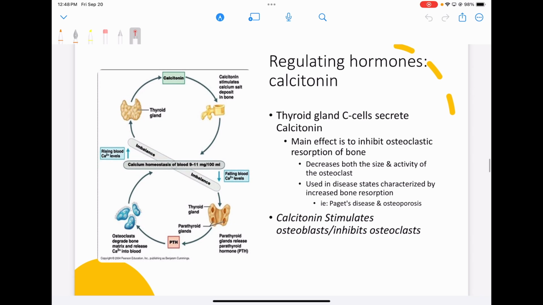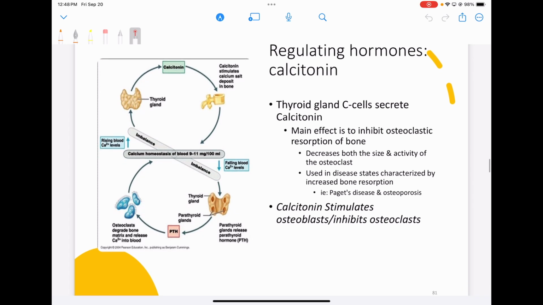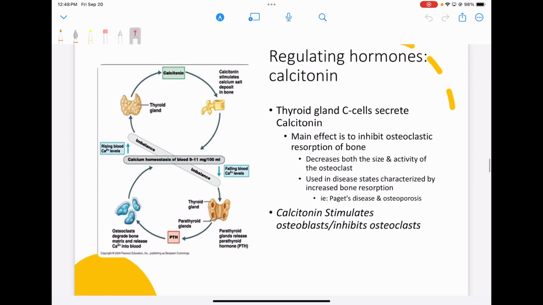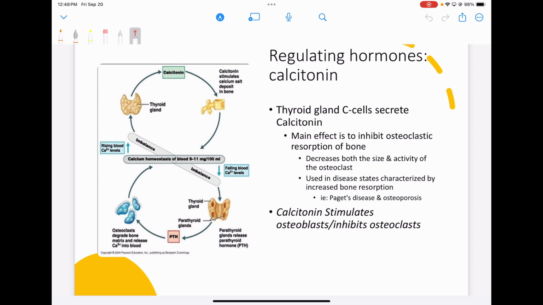Calcitonin, we don't talk about very much. It's a very, very weak effect in our bodies. The main effect is that when we have too much calcium, we have to get rid of the calcium. Calcitonin is the hormone that's supposed to put the calcium back into the bone, but it's very weak. We don't really use it that much. The only time we really look at calcitonin is if we think they have an underlying parathyroid hormone problem. That's when we start looking at what your levels of calcitonin in the blood are, and we start putting the